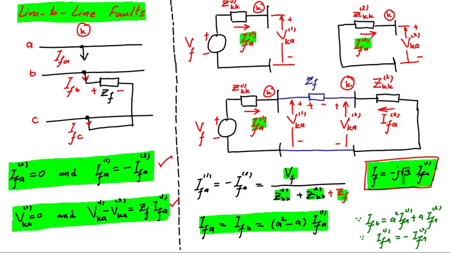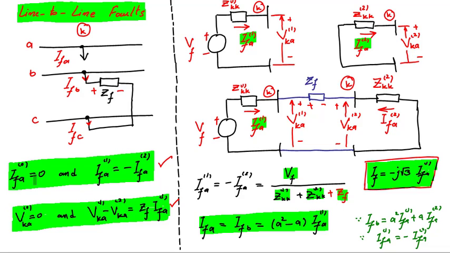Now we have a formula to calculate the three sequence components of fault current. Those three sequence components can be used to calculate the fault current, the sequence voltage on any bus, and the during-fault sequence contribution of fault current towards the faulty bus, such as the contribution from a generator. So the important thing was the calculation of these three sequence components. Two are available here and one is already known to us.